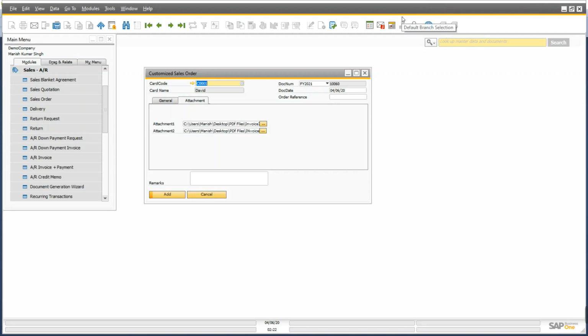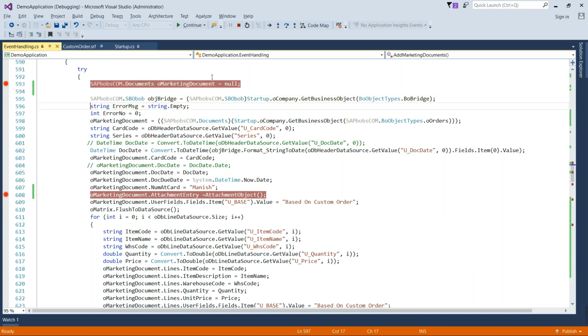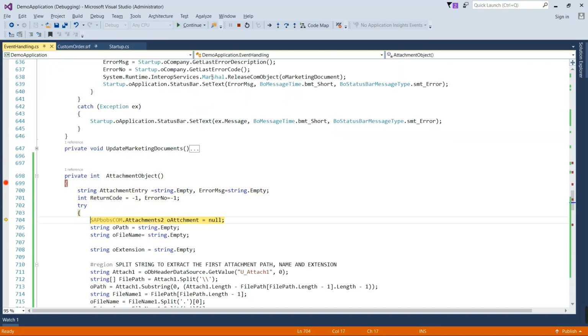So finally we have seen all the things. Now let's run this, add this document, and we'll see. We came to this function because this function is being called, the object is created, the properties are being set, and we come to the attachment part. Here you can see this value is coming from the UI part, as I have shown you.